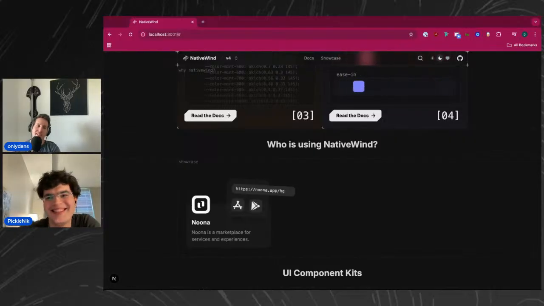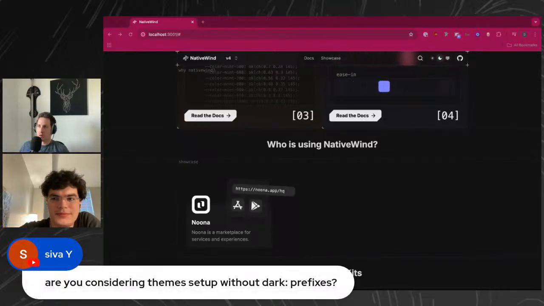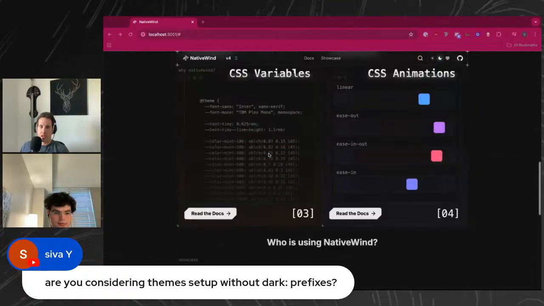Yeah. I mean, the thing is we can play around with these things over the course of the next week, and just see what we like. So Sue is asking if we're considering theme setup without the dark prefix. Yeah, so